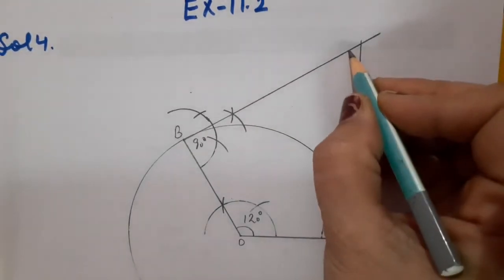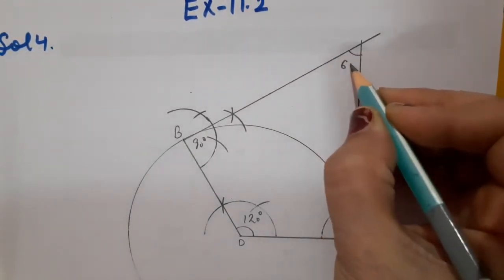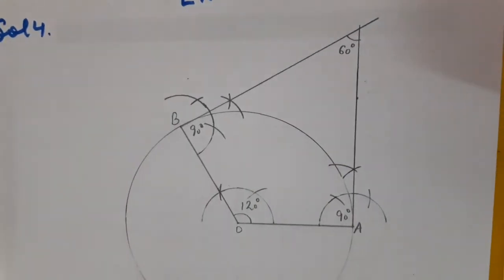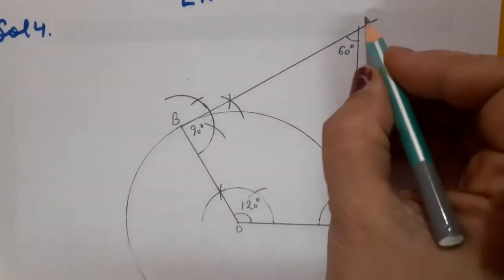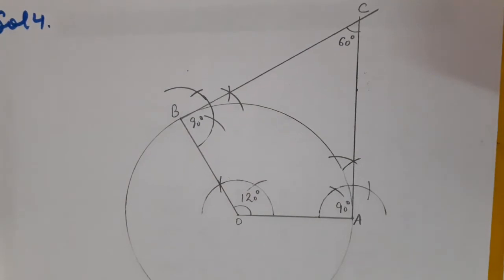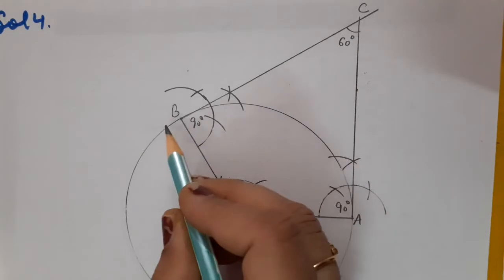So children, it is sure that this angle must be of 60 degree. How? Because as you know, this is OAB, let it be point C. OACB has become a quadrilateral. As we know that sum of all the four angles of a quadrilateral is 360 degree. Fine. And we know that radius is perpendicular to the tangent. Here also radius is perpendicular to the tangent.